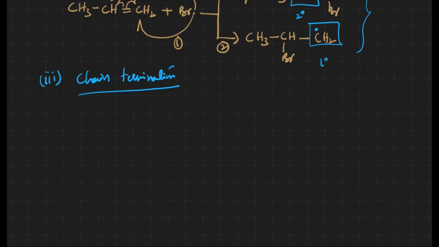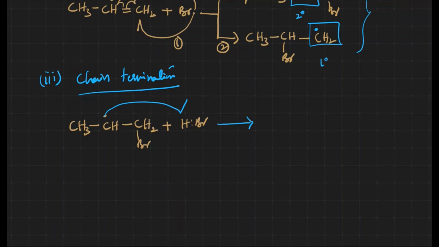Let me write it over there. What do we have? Let us take the stable intermediate where it is formed, the secondary intermediate, right? CH free radical and CH2 Br. Okay, and what do we have here? We have HBr, right? What happens is that from the HBr, the free radical abstracts the hydrogen over there. When it abstracts, what do we get? We'll get a structure something like this: CH3, CH, H, and CH2 and Br.